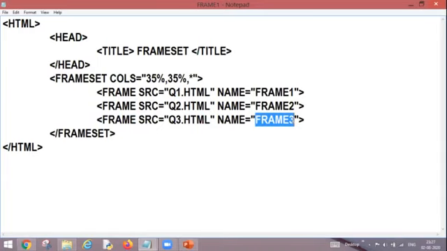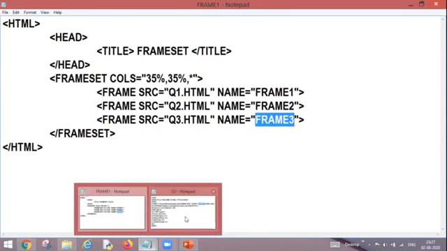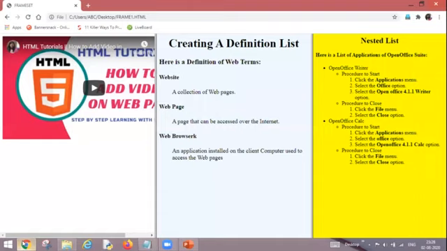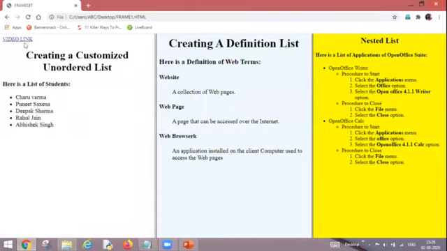So my third frame has the name frame3, and the same name I have given here in my target. Control S, go back, F5. Now this is my video link. Please observe carefully: once I click here, the video will open in the third frame.